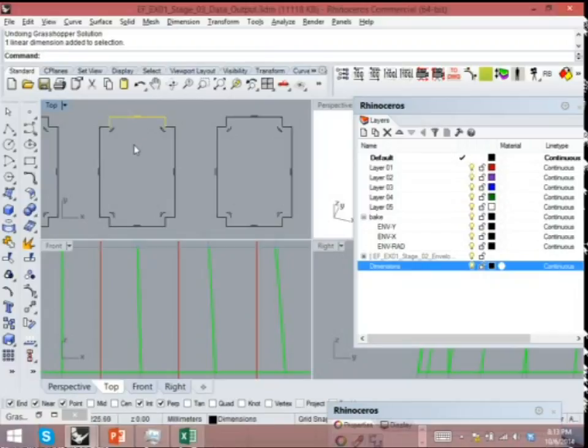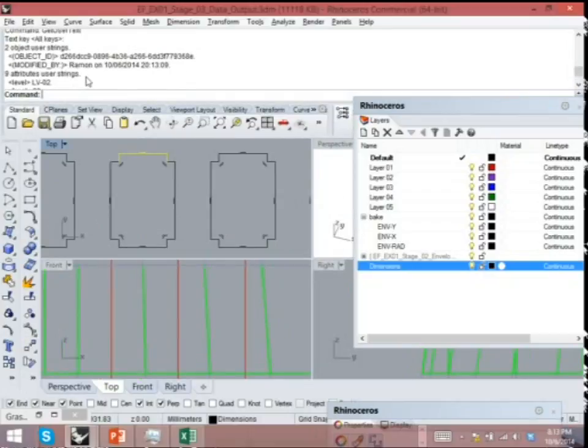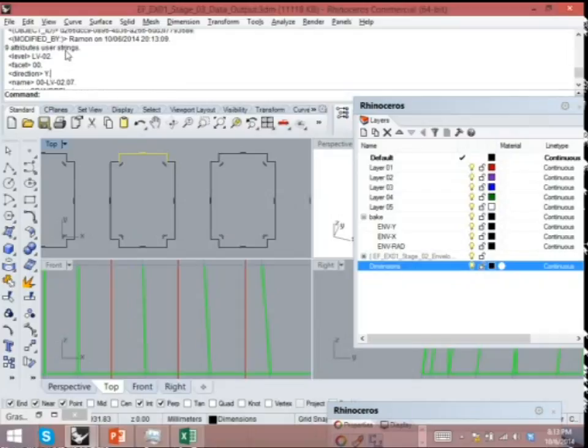And if I select this dimension and try and get the user text, it will tell me that basically all the attributes that were assigned to the original panel surface are now also assigned to these dimensions. So this is the name of the panel, and this will make it relatively easy to filter all these, like reference all these objects back in and export them to, for instance, DWG. Because they're all assigned to this one panel name, you can easily create